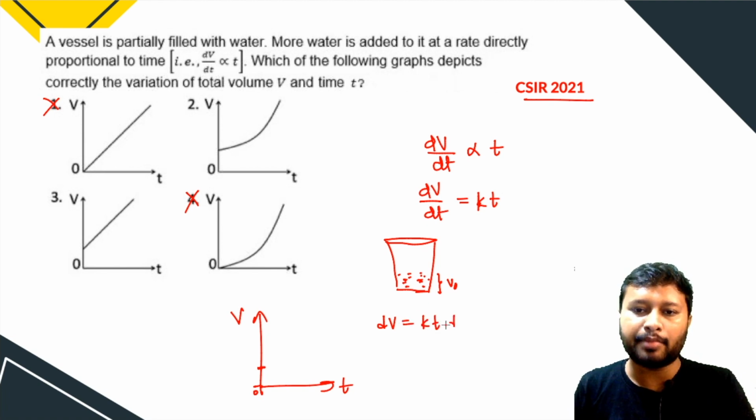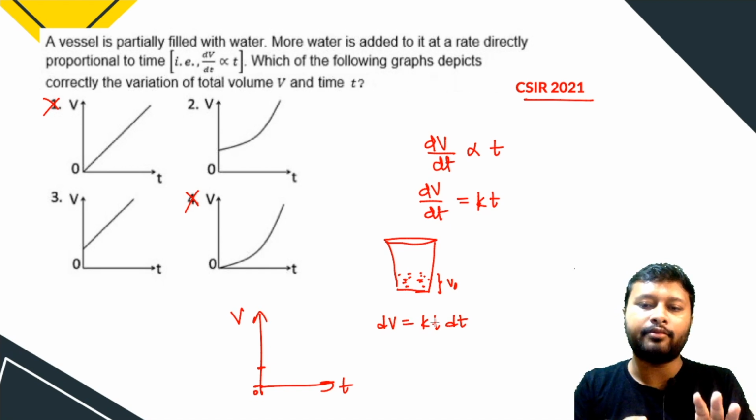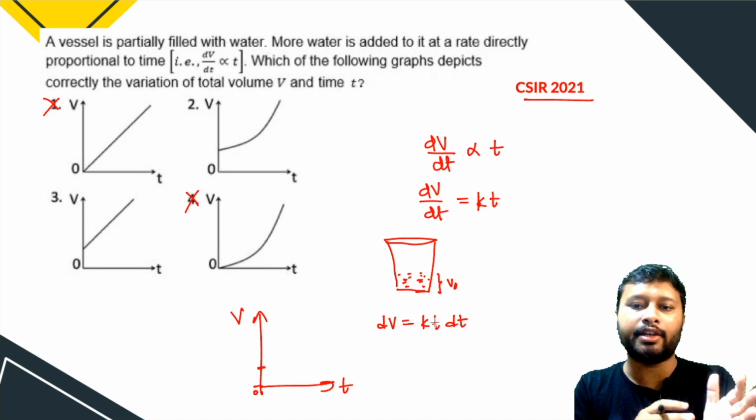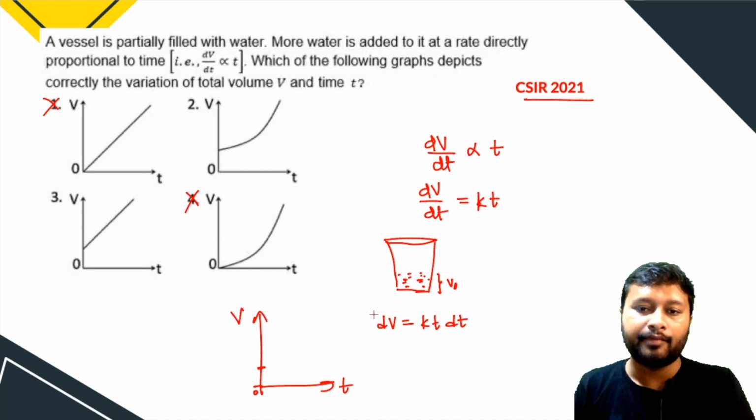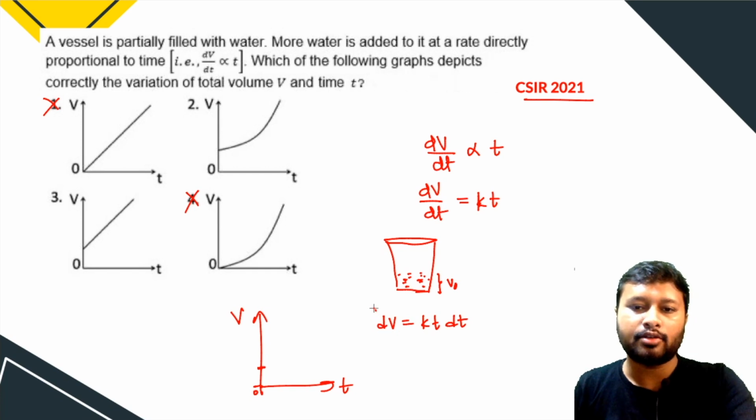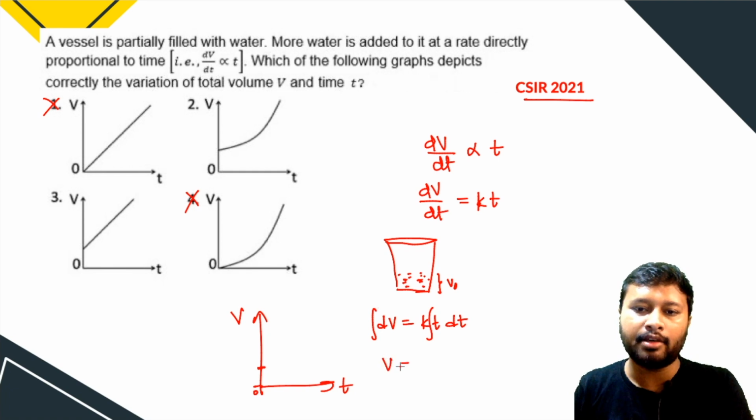So this is simply like you have done a lot of these types of integrations when you have studied chemical kinetics. Now integrate on both the sides. So on integration, you all know that the integration of dv will be v, and k will not get integrated, the integration of t will be t square by 2. So now you will find out that this equation is not a linear equation, it's not a straight line plot,